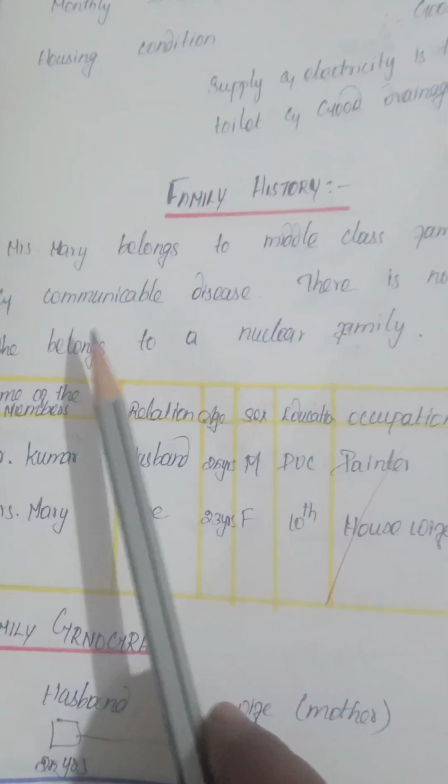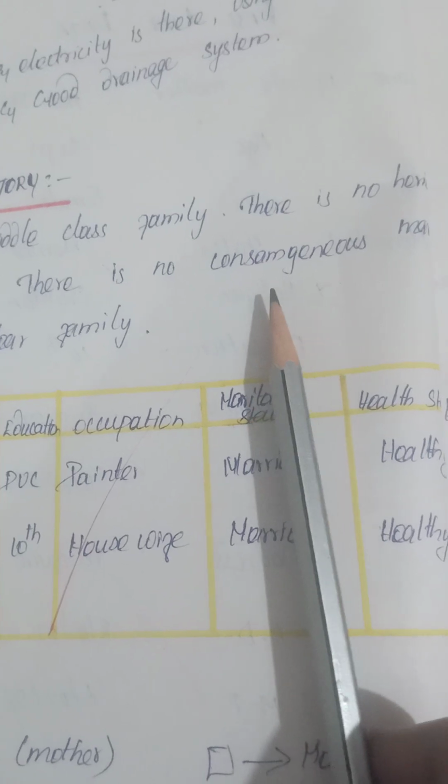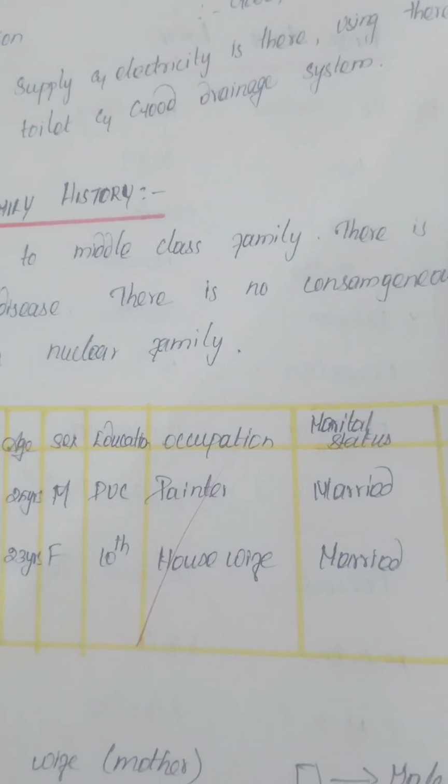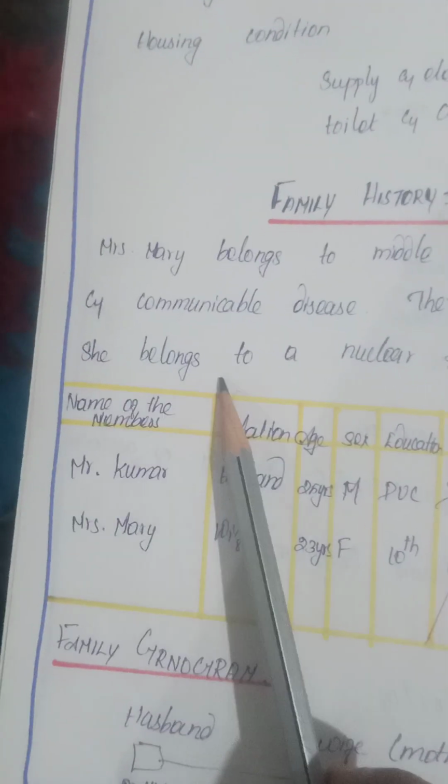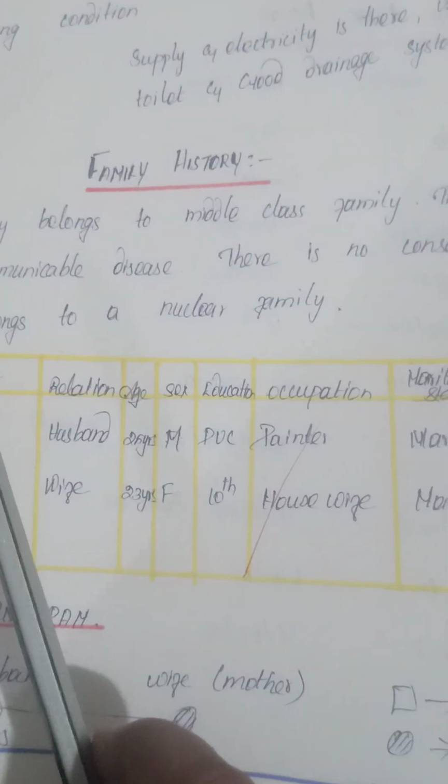There is no hereditary and communicable disease. There is no consanguineous marriage. She belongs to a nuclear family. Consanguineous means same relative marriage. Okay. Then